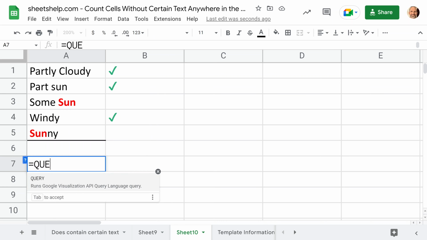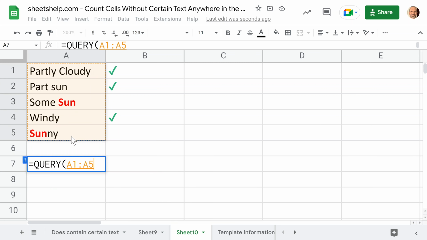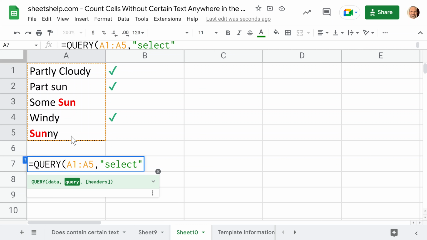So what we're going to do is we're going to type query, opening parentheses, and the first thing that we do is pretty normal. You'll recognize this. So we just designate the range, say A1 to A5 again in this case. Use a comma, and then we're going to write out our query. And this query always needs to be surrounded by quotes. So I'll just put them in to begin with and go back one. And we will start this out with the select clause. You always need to have that in a query. So we'll just start with it. And then what we want to do is count. So it's the same word here, it's just count. And then column A,